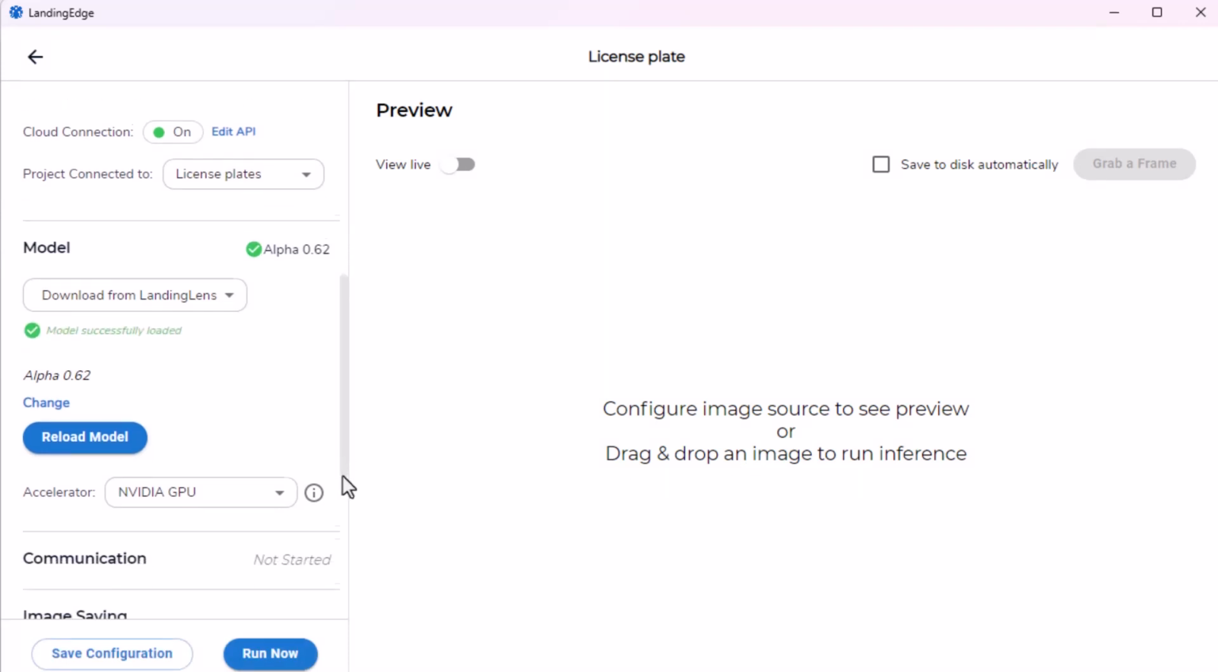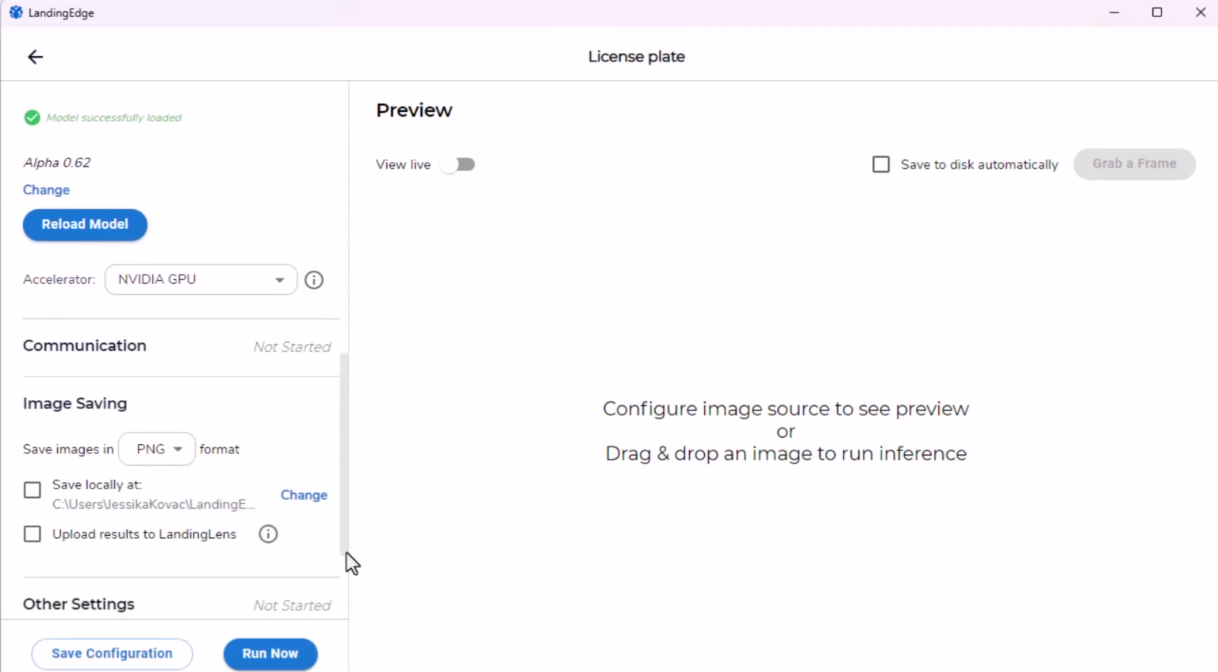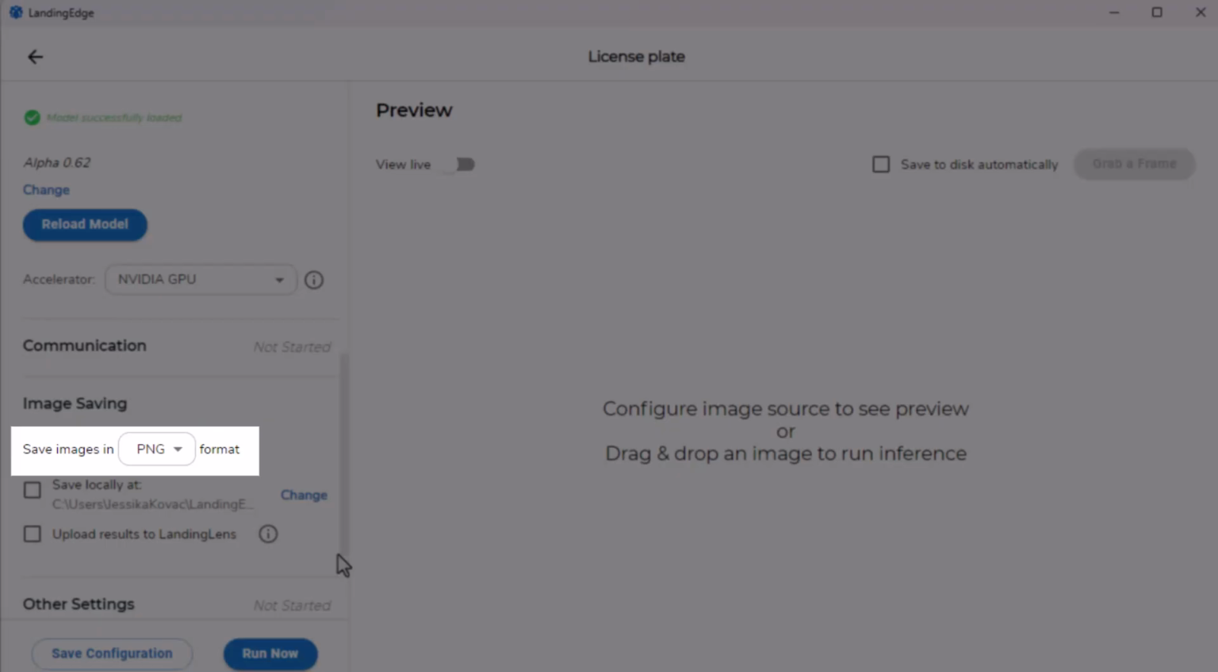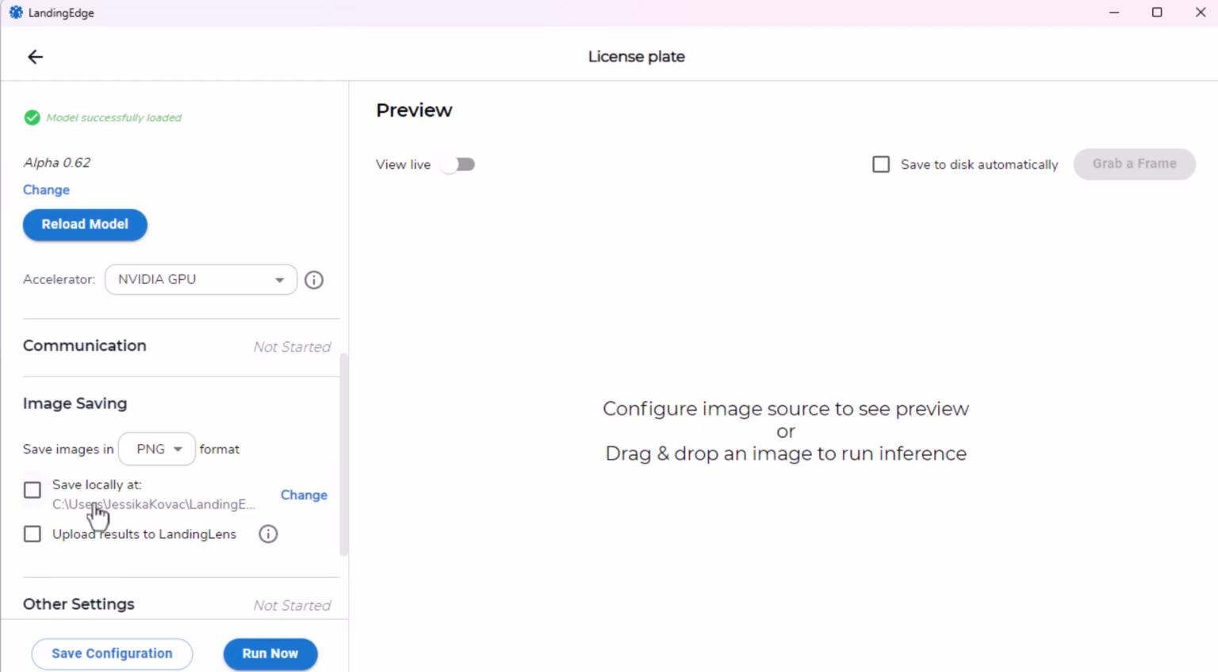The communication setting allows me to connect my inspection point to a programmable logic controller, a PLC for short. Since I don't want to do this, I will skip this setting. I want to save all images captured from LandingEdge so that I can save images back to LandingLens. So I'll keep the default image format and folder images will be saved to, and then select the Upload Results